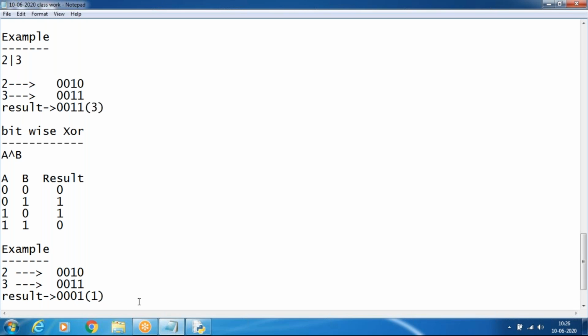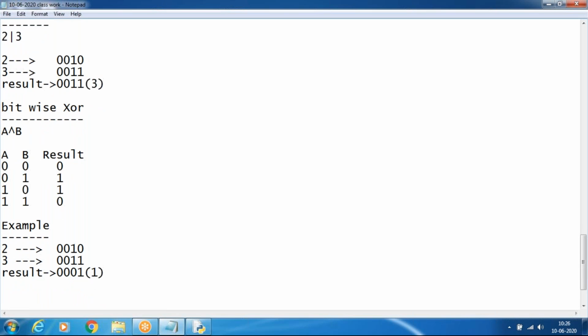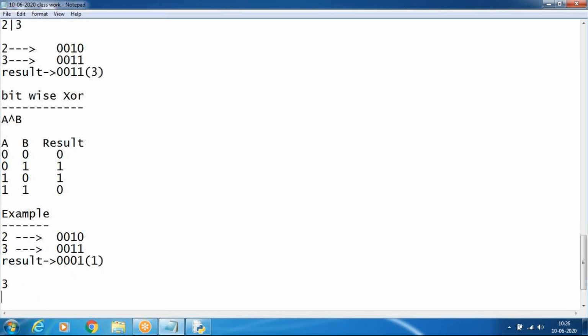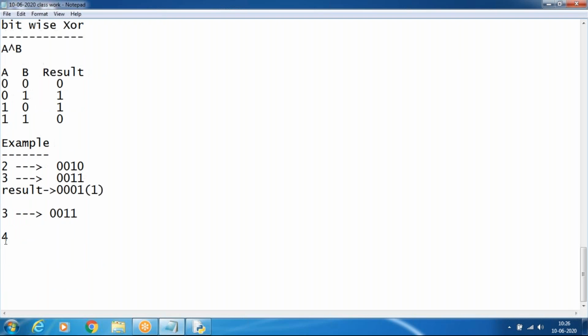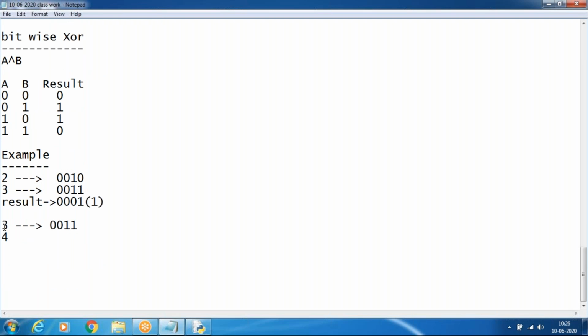We'll see another example, 3 cap 4. So 0 0 1 1 and 4 is 0 1 0 0.